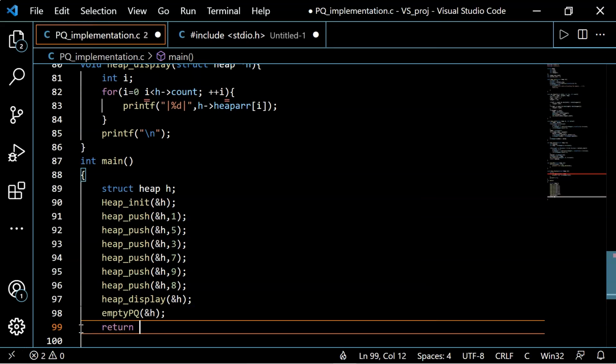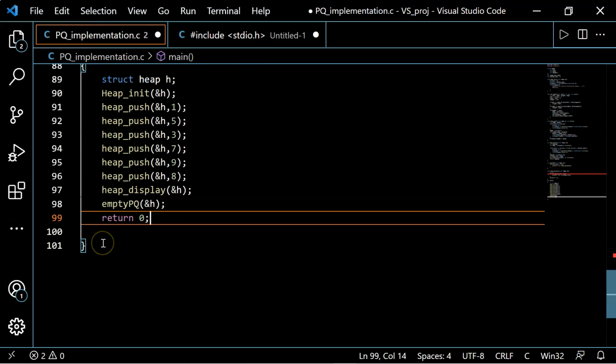So finally we'll add a return 0 statement, and now our code is ready. So let's compile it and check if it works fine or not.